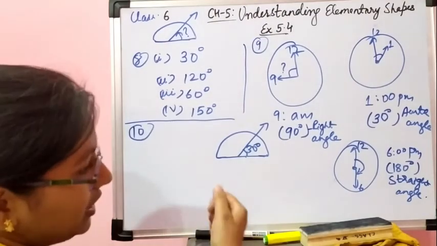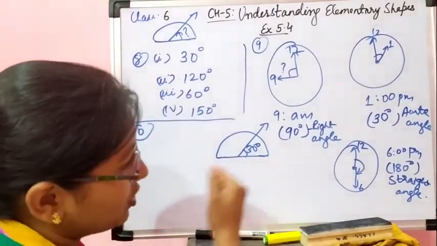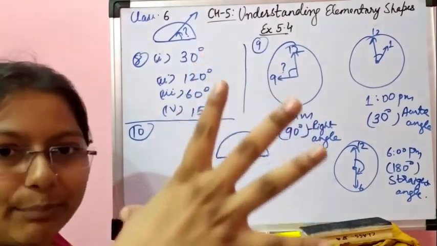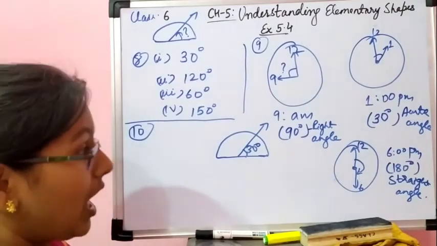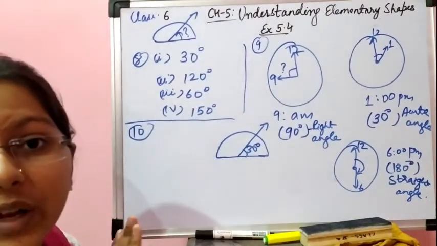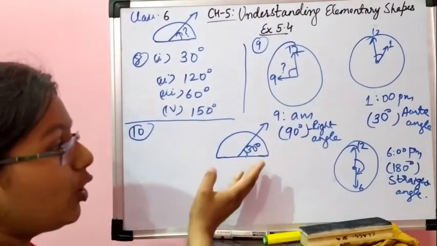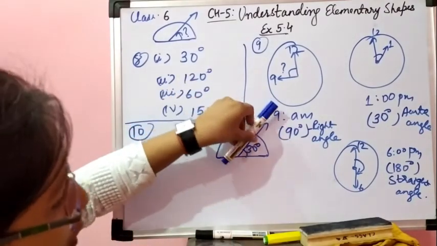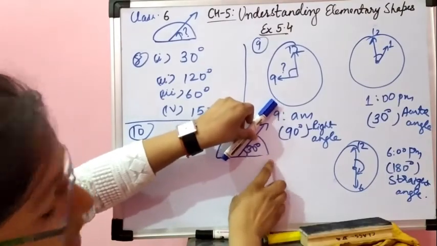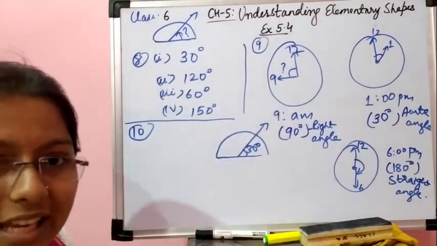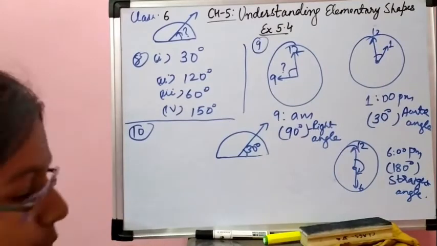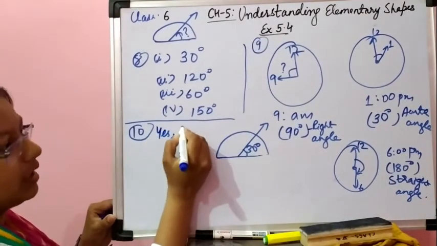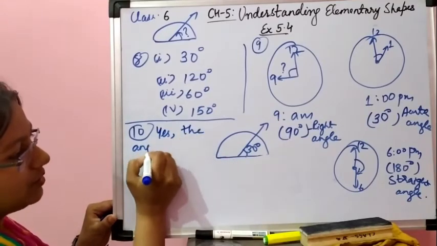Okay, fine. Now see, whenever I watch this angle by using a magnifying lens, definitely this shape will look quite bigger. But the value of angle will not change. Why will it not change, beta? Because the value of angle depends on this slope, this slope on this baseline, which will be the same however big you make it. Okay? So first you will write, yes, the angle becomes larger.